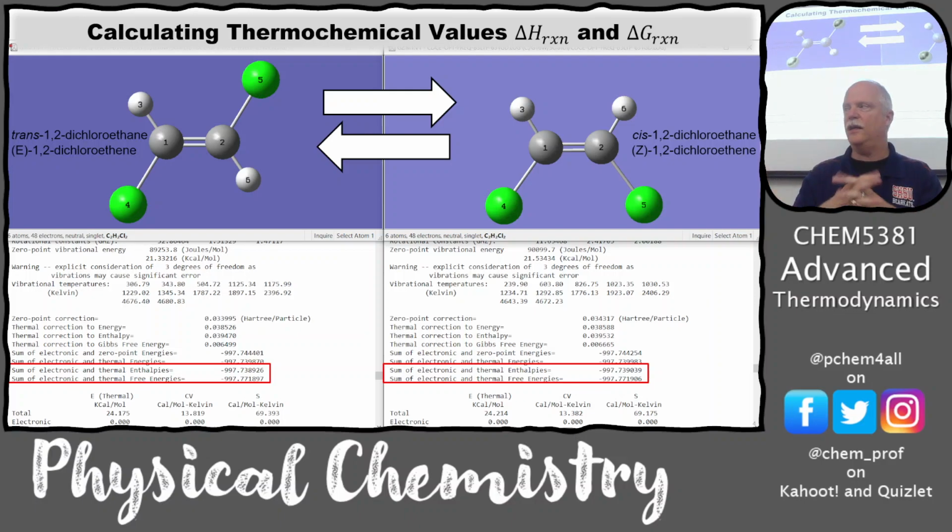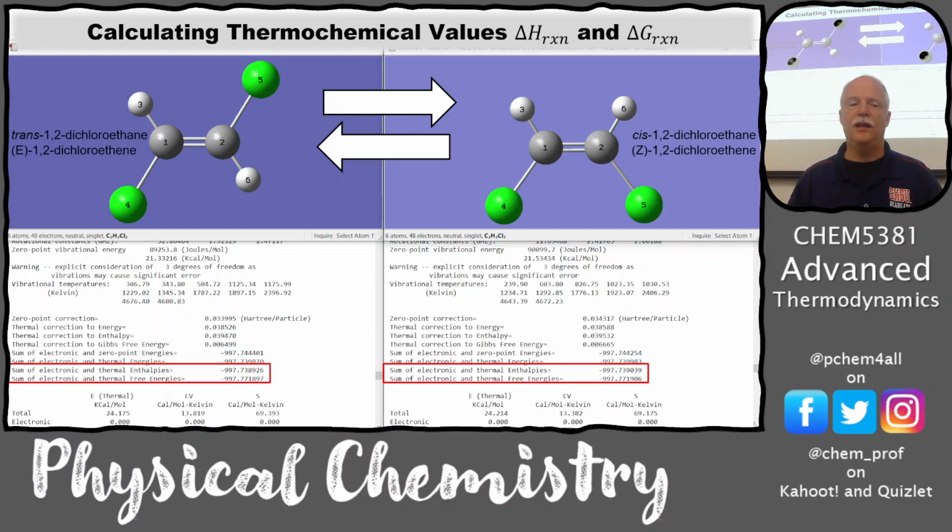So I said in your calculations you would report the G and the H for all of your molecules. And if you have a reacting system, then you need to report delta G and delta H. This is a very simple system. It's just the cis-trans isomerization reaction of dichloroethylene. And so here I've just defined the trans as the reactant, the cis as the product,